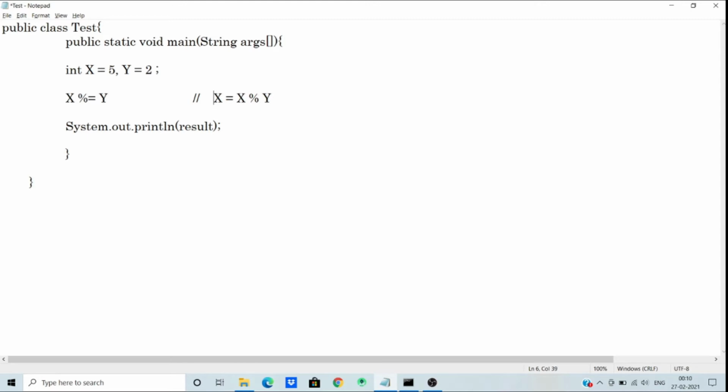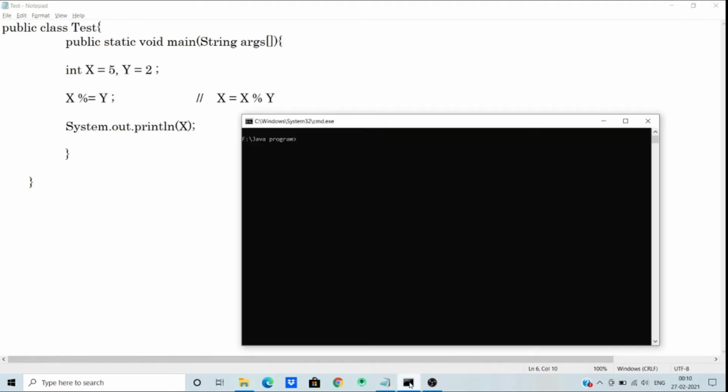To comment we need two forward slashes, and then we need to print the x variable, because we assign the result of x modulus y to variable x. So if we print x then the result will be 1. Save this file, compile it and then run it. So the output is the same.